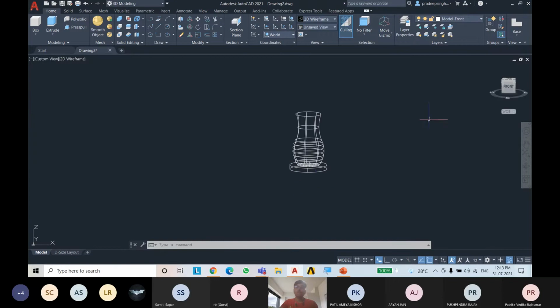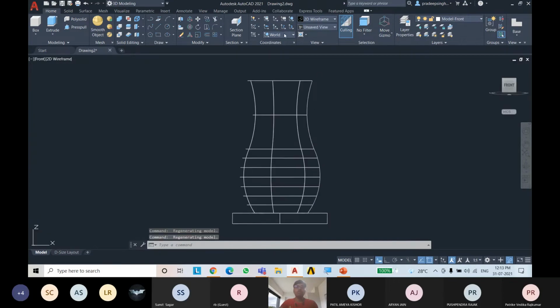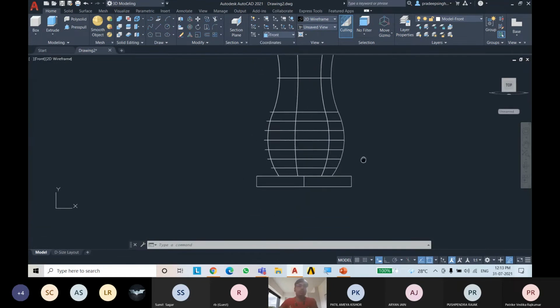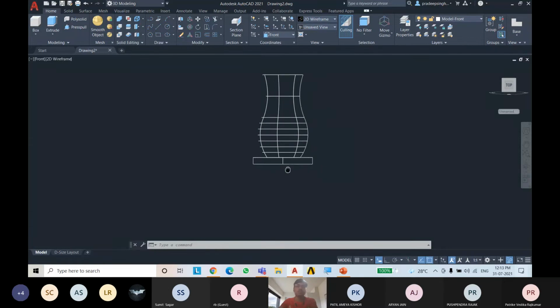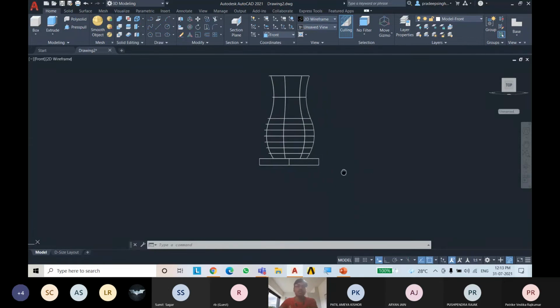So just go to front, and you can see that there are different options like top, bottom, left, right. We are currently in front. You can also type front. Now you can see that this axis has also changed, Y and X. So now we can draw.